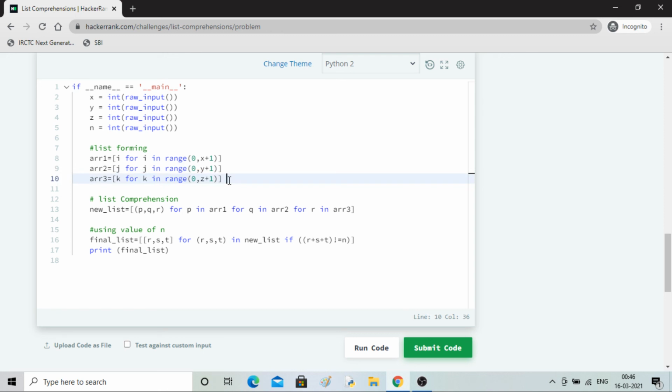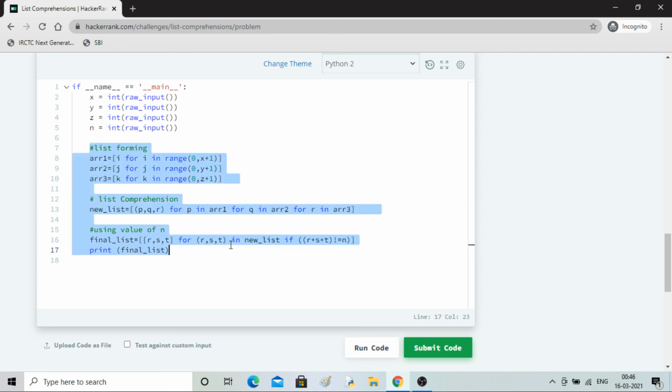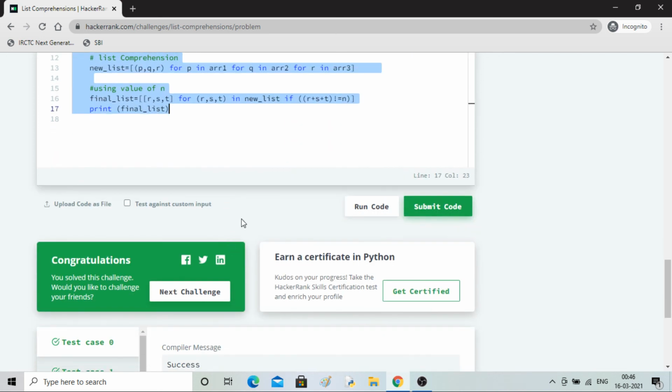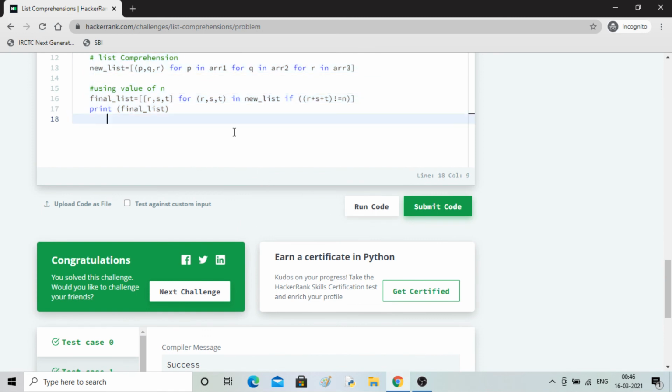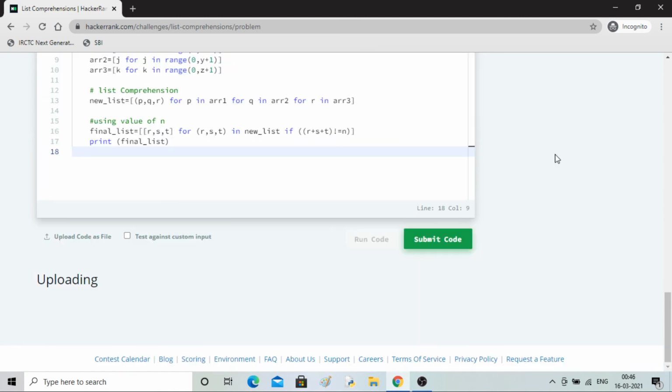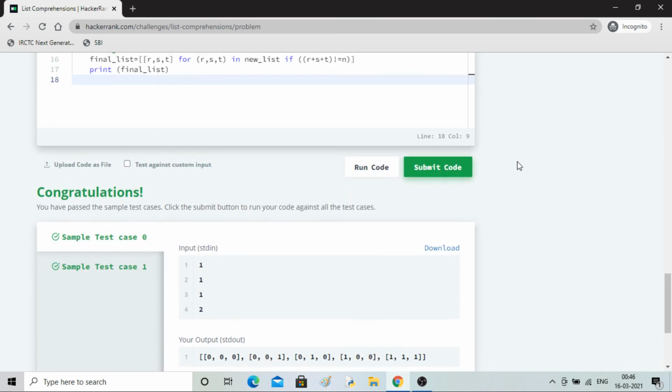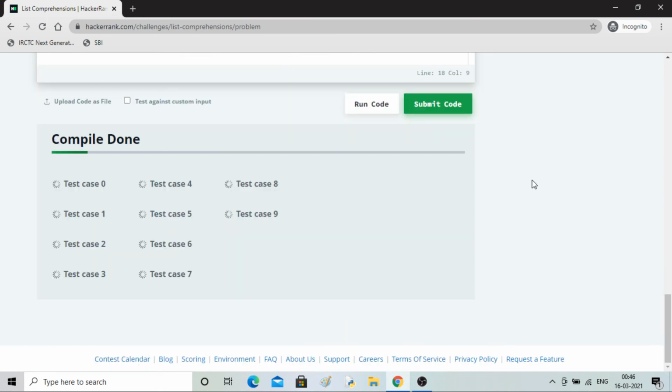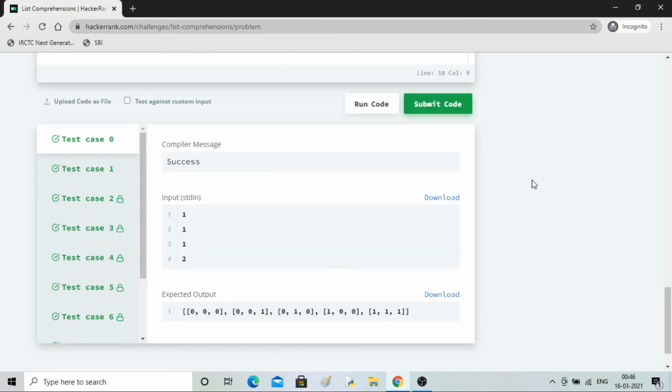It's sort of a shortcut or a good way of writing it, you can see. And these small lines of code are now much more concise and will give the same output that we were getting before. Okay, so let's run it. So we are getting the same output, and test cases are passed, you can see.